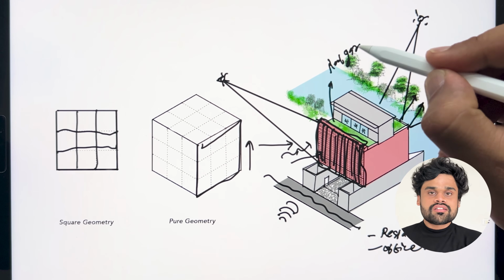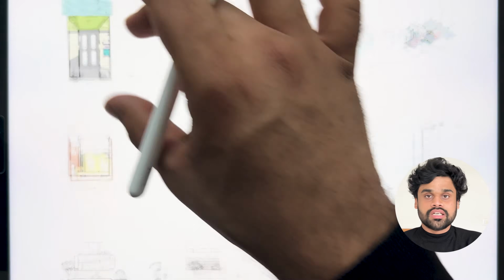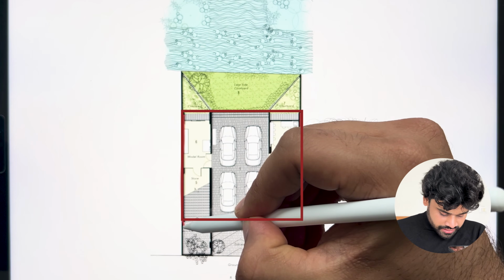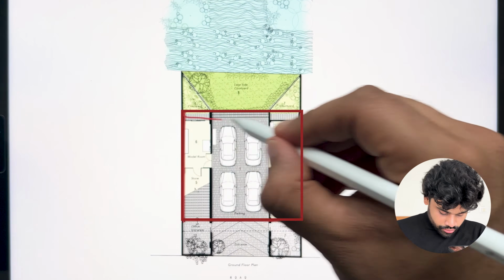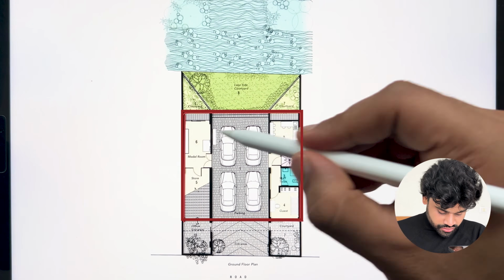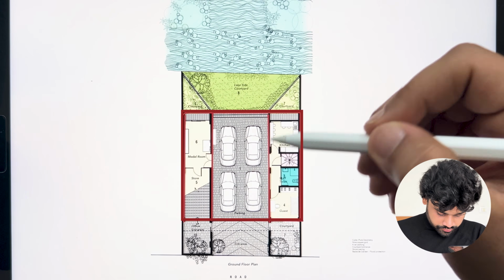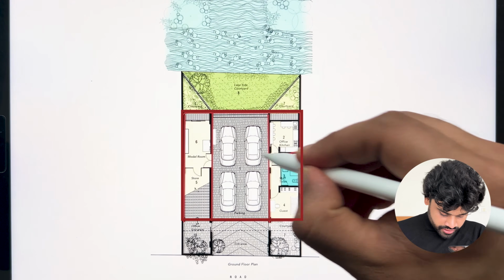summertime. So let's try to understand the plan of the house, and how Palinda has implemented his design principle into the design. So here this is the ground floor plan. On the ground floor you can notice that the house has a pure square geometry, and also he divided the whole house on the basis of a 9 grid system. So this is a pure geometry that he has used in the design,